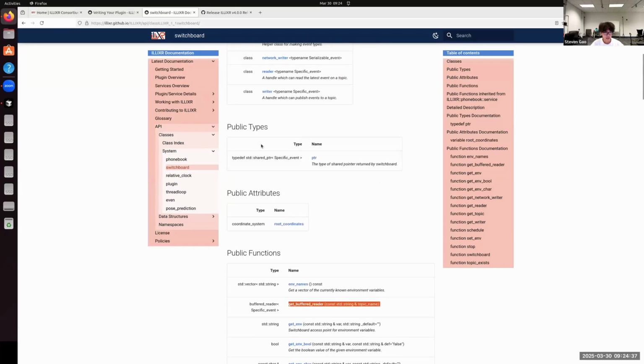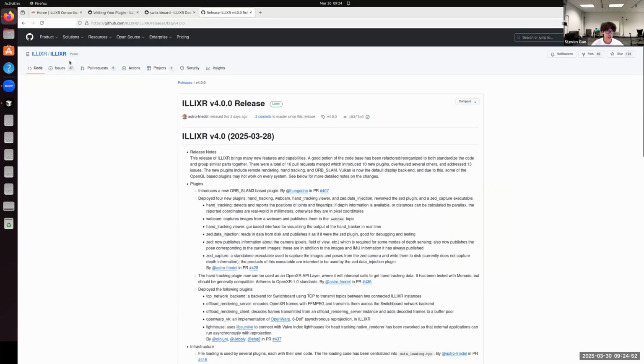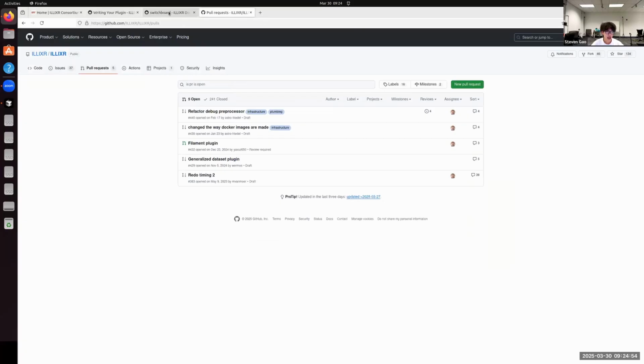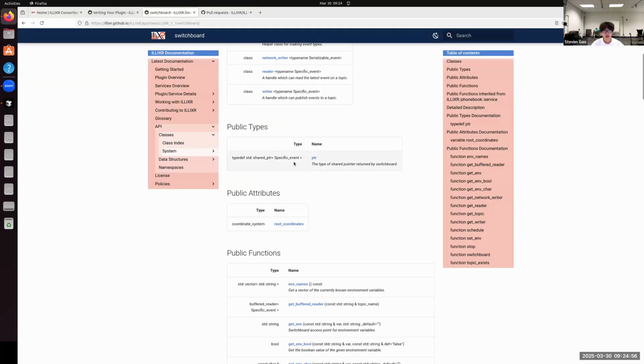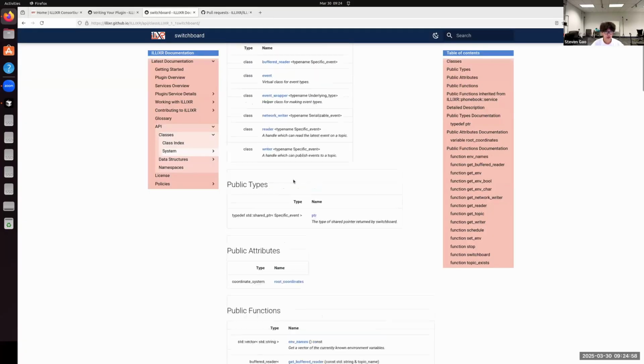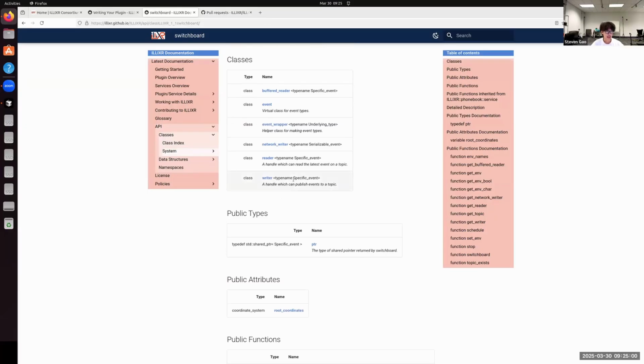I would now like to point you to the resources we have for developing Elixir. The first one is the API docs embedded in our documentation. I've talked a little bit about how you can raise issues and open pull requests on our Git repo. We have a CI workflow to make sure everything works as intended.